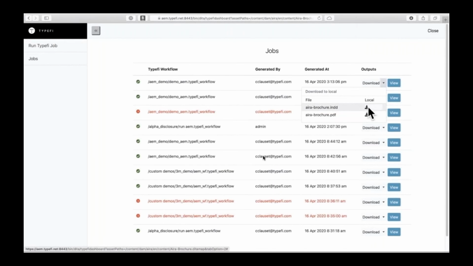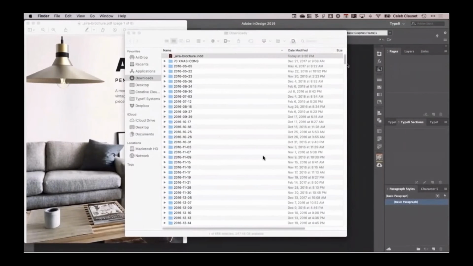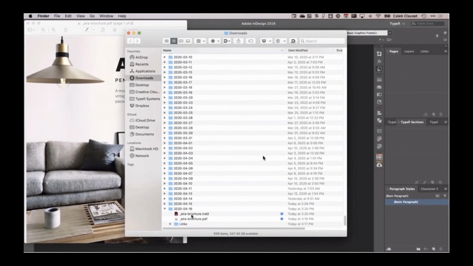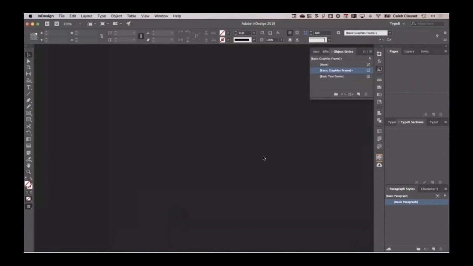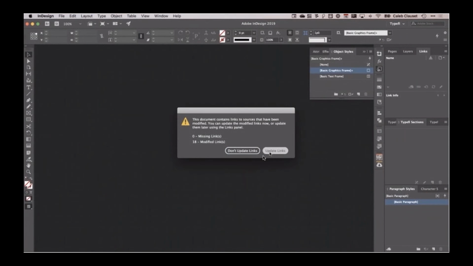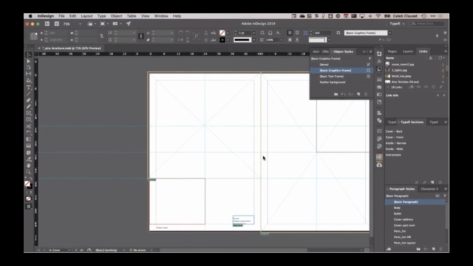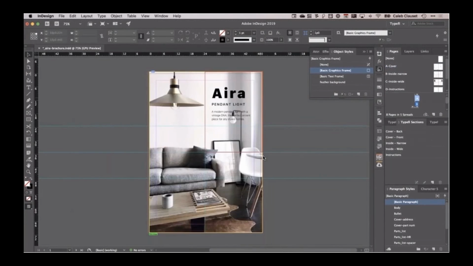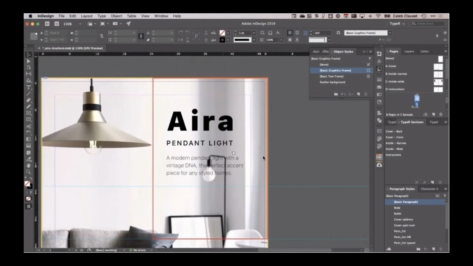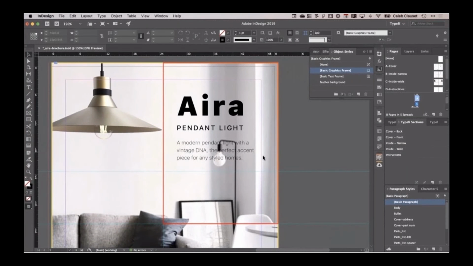So going back to AEM, I can download the actual InDesign file and open it in InDesign. And here we can see that indeed there is a problem.